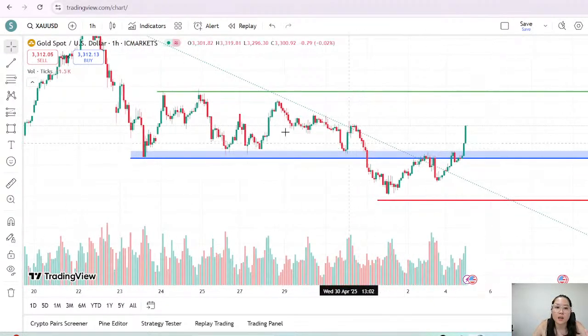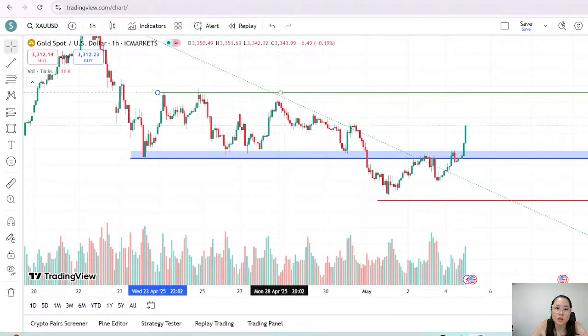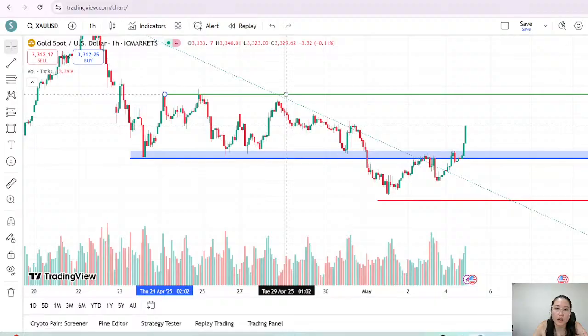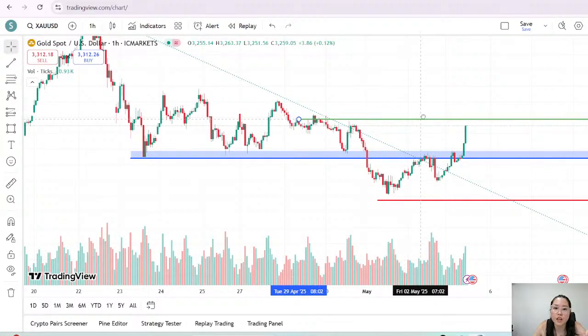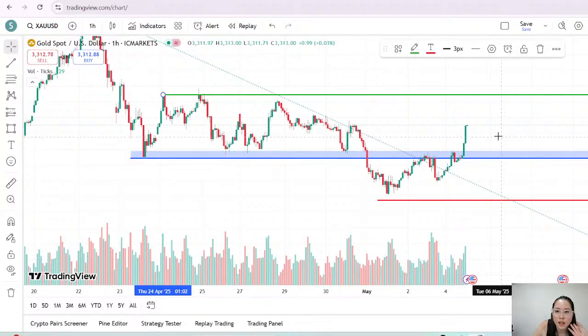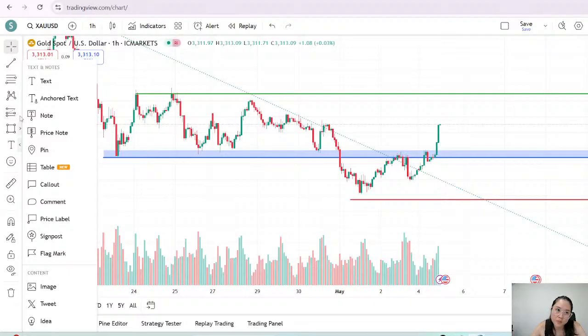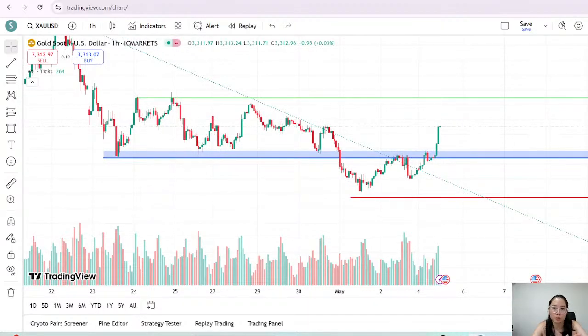And yeah, it might even push all the way up to our take profit, which I think is here. If being very conservative, it would have been here. Okay, so I think gold is in an uptrend. I do not have a trade for you right now, but if gold pulls back, loses strength, and pulls back to this blue area, I personally would consider an entry for a buy for the short term.